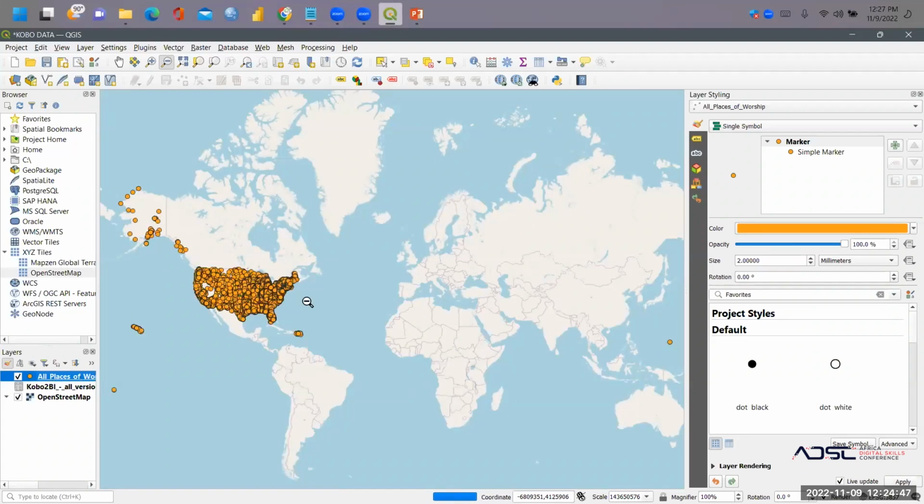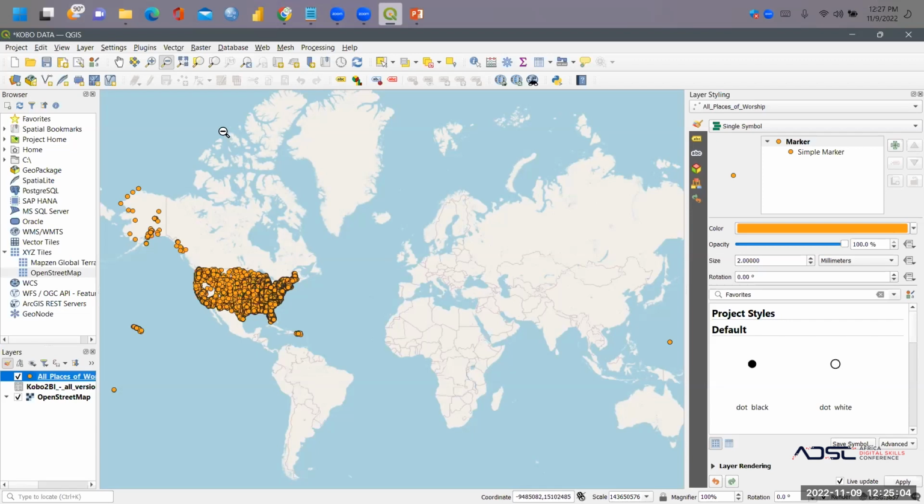So sorry, something is wrong with the file we generated from Kobo. Somehow GIS is failing to see